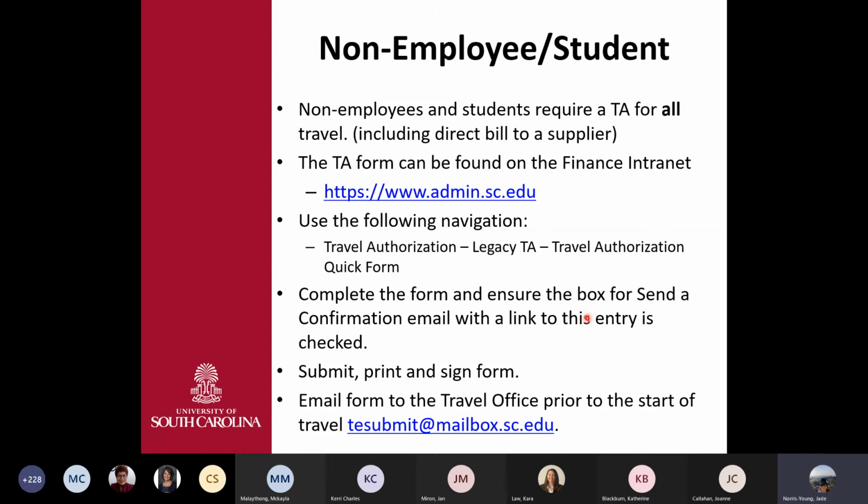Basically it's a send for confirmation email, and then it sends you a link to that entry. That is the only way you will be able to access the travel authorization after you already submit it. You want to submit it, print it, and then sign the form, and that form should be sent to the travel office. We now have an email where that information can be sent,